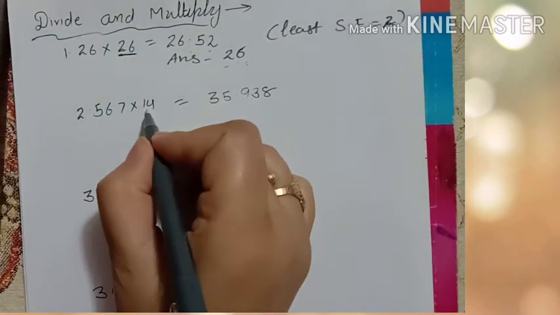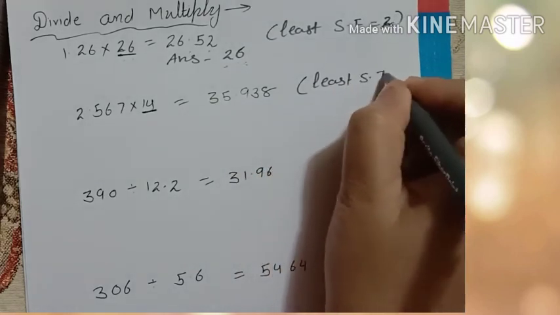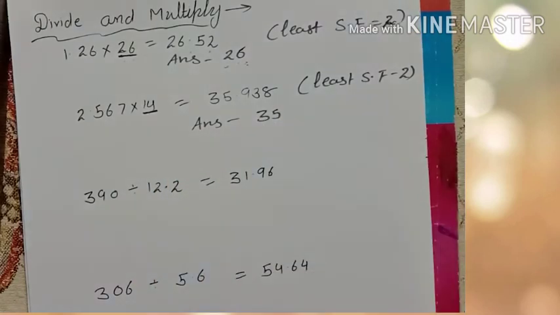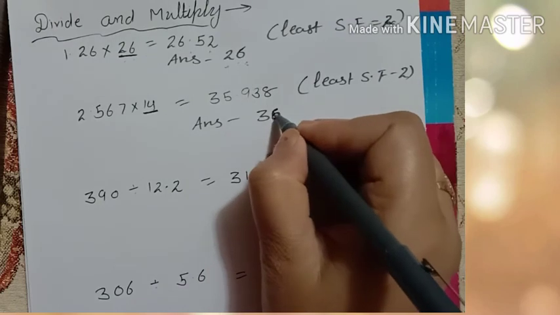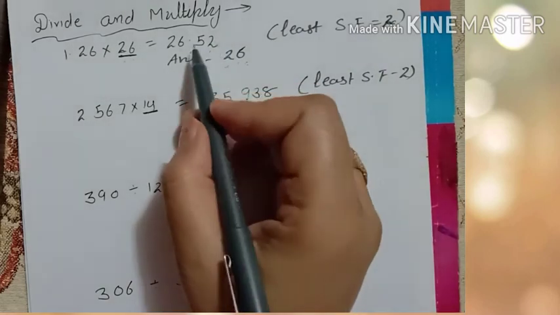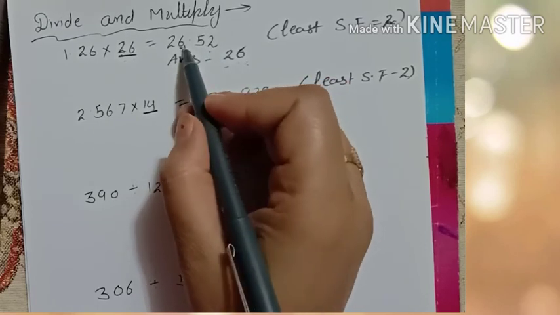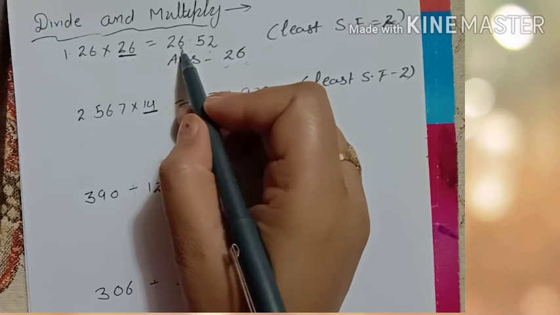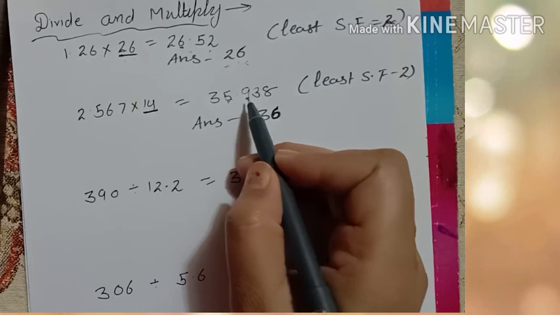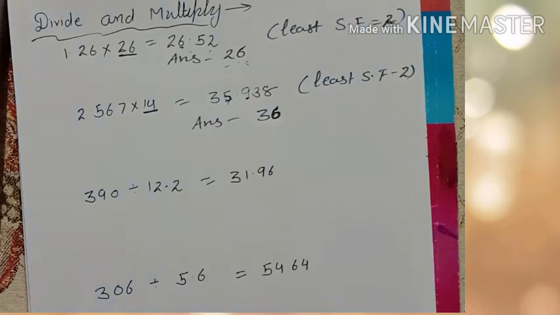In this significant figure least significant figure is 2, so answer 36, because here we have the 9, so one digit will be add into this. यहाँ पर आपका 1 add नहीं हुआ 6 में, क्यों? Because 6 is even number, so we will not add any one digit in this 6 digit, but here 5 is odd and this 9 is greater than 5, so here one digit is add into this 5.